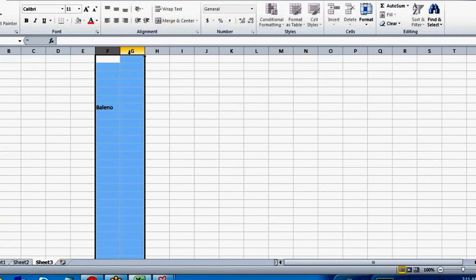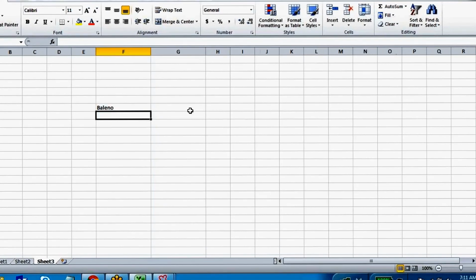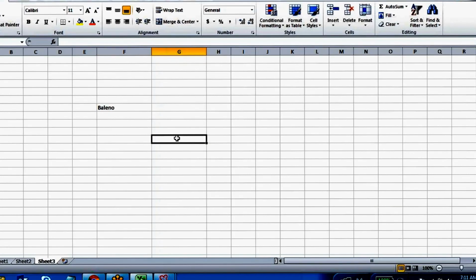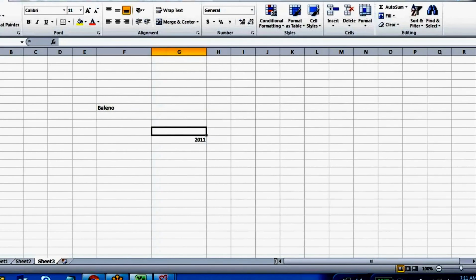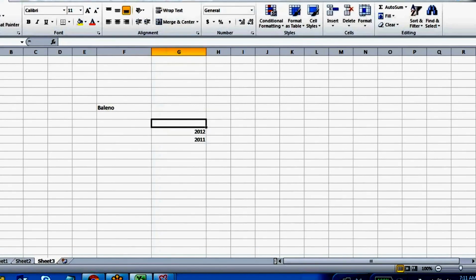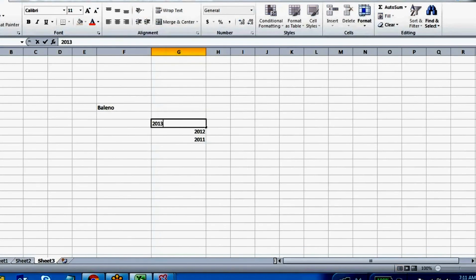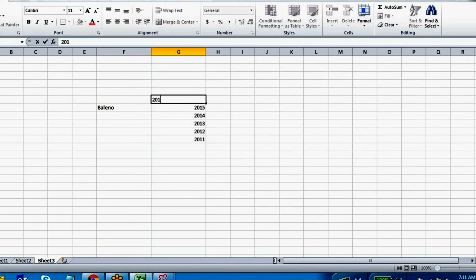Say I am going to purchase a car, a Baleno. This Baleno was introduced in 2011, and in 2012 a new version came, then 2013, 2014, 2015, 2016.